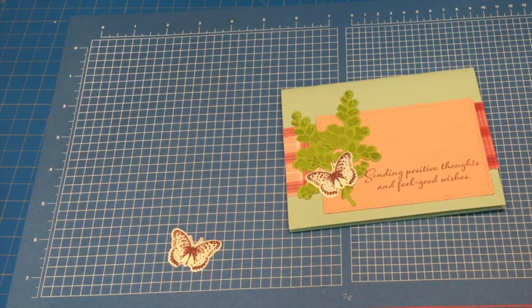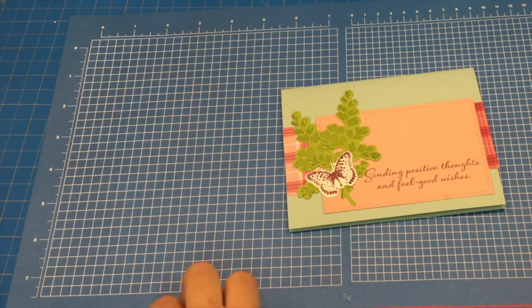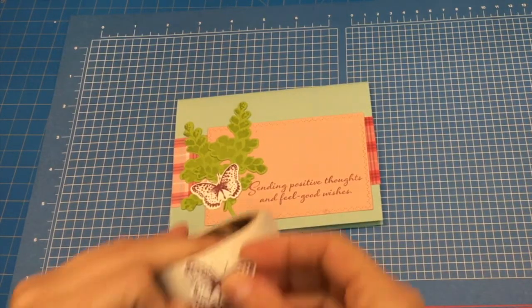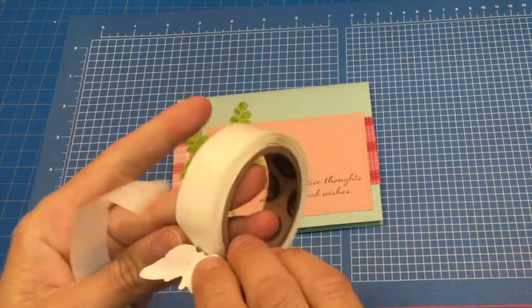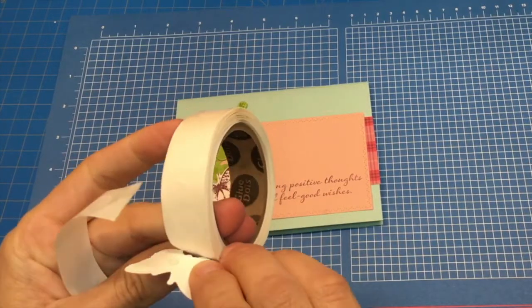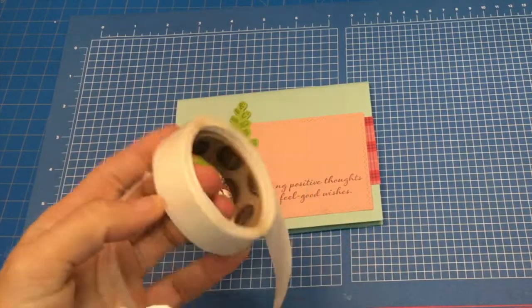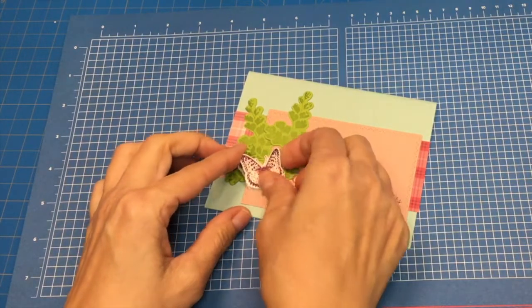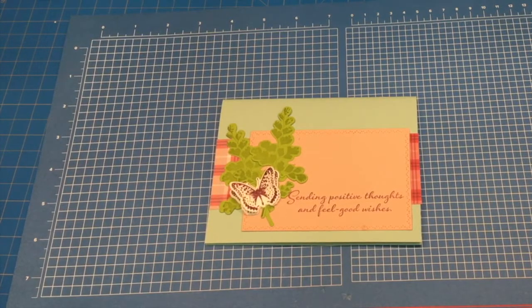And then I'm going to get me a glue dot on the second one here. And I'm going to put a glue dot in the middle. I'm not getting the middle very well. So I'm going to go ahead and pick 2 just so I can make sure it gets down there good. And I'm going to put it right there on top of the other butterfly, but pull up the wings just like that. Now I have some ribbon